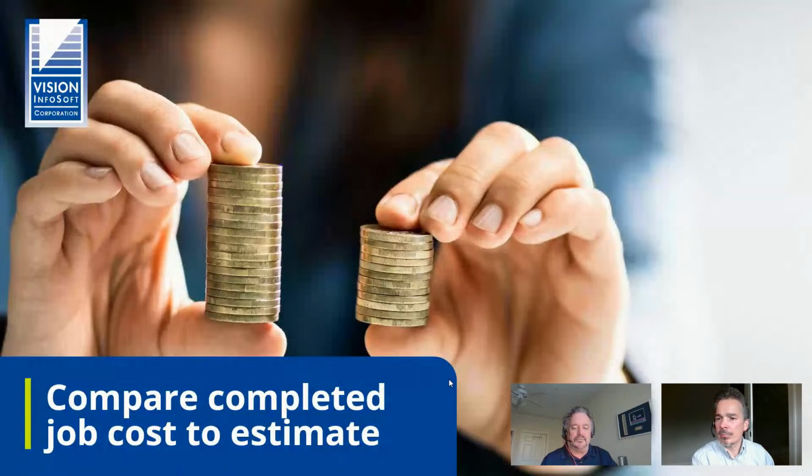Thinking a little bit further down the road is taking the time to compare your completed job cost after you finish the job to what you estimated. So you need to be constantly looking at, well, I estimated this job to have 500 hours and it took us 550 or 450, and you want to be looking to see that those numbers are consistent. And if not, you can adjust them, but you want to compare your cost. It doesn't do any good to just throw out a number for a bid if you don't know if your actual performance is going to meet